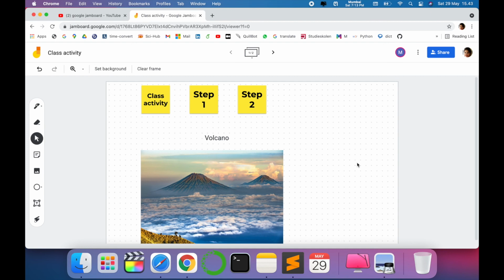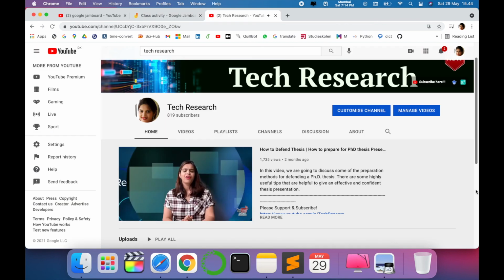This is very beautiful when you are teaching some maths activity which involves a lot of equations, and you want to insert the equations, you want to show full diagrams and explain the detailed concept to the students or to your participants. So in this way you can use this Jamboard activity to make your session very interactive and user friendly.